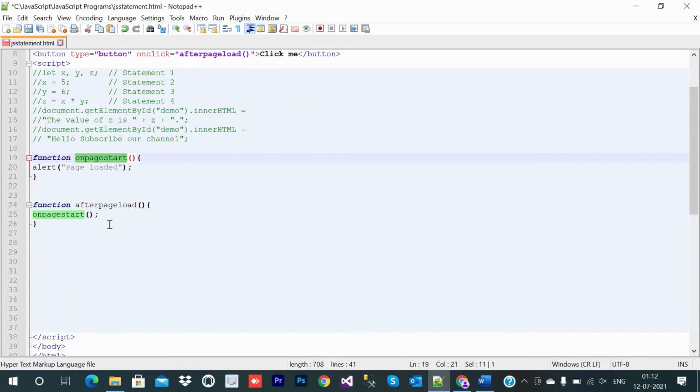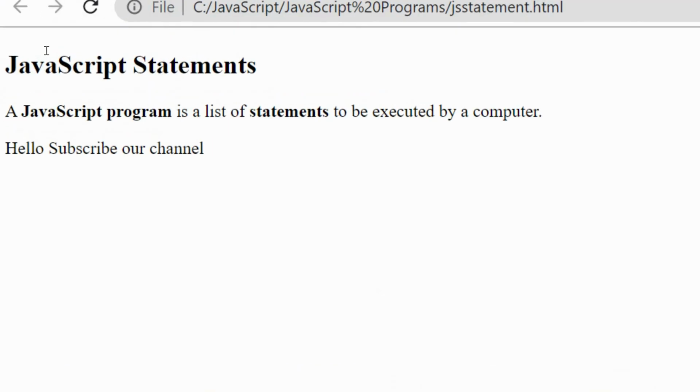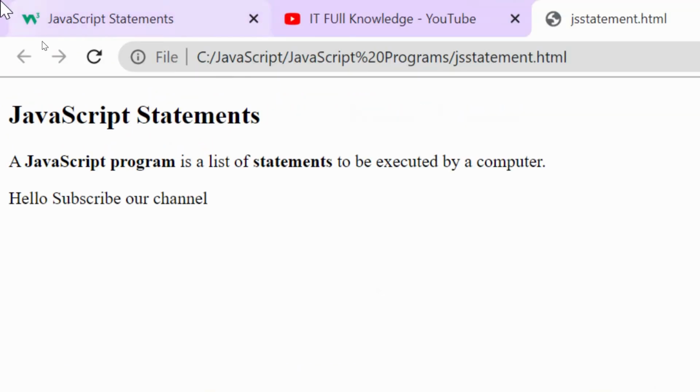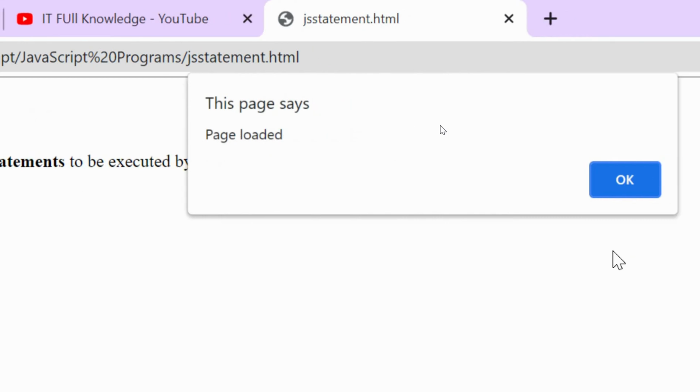Just save it, come to the browser, and refresh. Here you can see the button is coming, "click me". When I click it, "page loaded" comes.